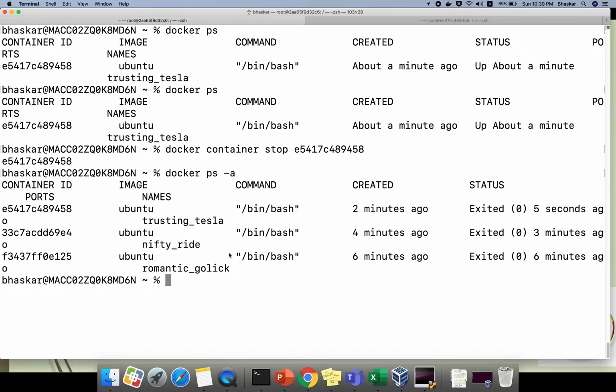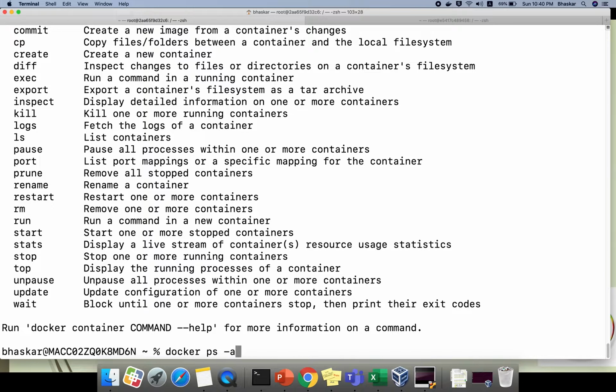In that case, how do you execute the command? Right now only trusting_tesla is there. This is an Ubuntu machine, right? Now what I will do, docker container, I'm giving one option, --rm. rm is nothing but removing, and see the difference previously and now, and -it, I will give CentOS now.